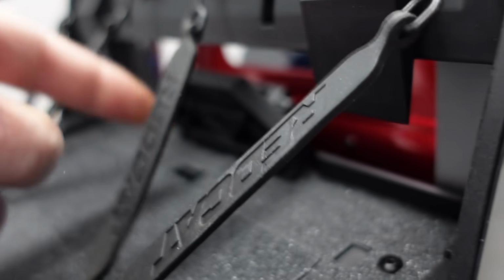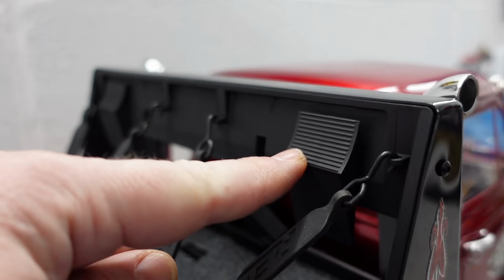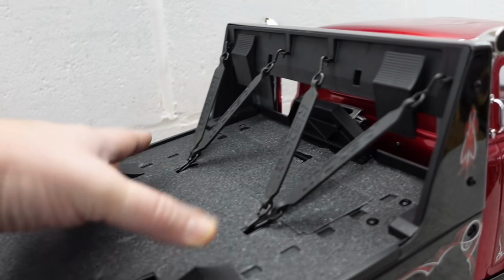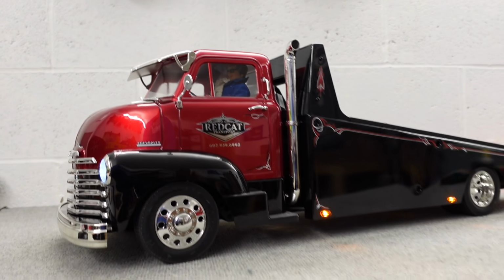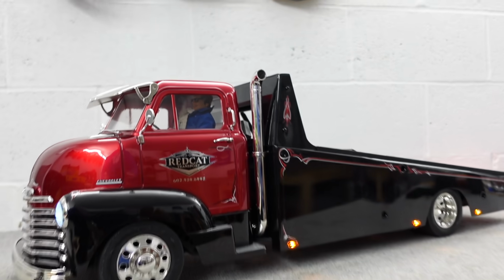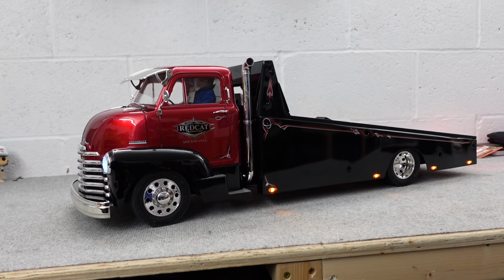So it comes with some little tie downs, comes with some wheel chocks as well. You can store them up here. I've put two in there, two up the front there, and then just put them like that. So sitting in its highest position, look at Austin up there. What a great driver. And then if I turn channel 5,